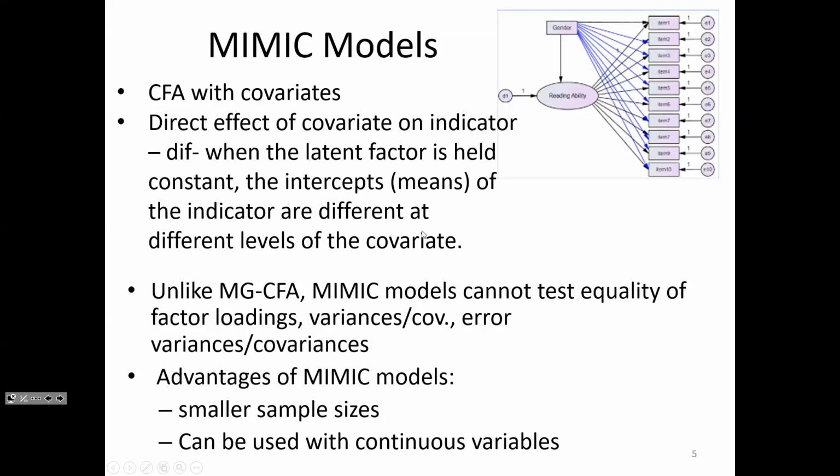If you have a continuous variable, then you have to weigh the pros and cons. Do I slice up my continuous variable into a dichotomous or a trichotomous variable and do multiple groups, in which case I get some interesting stuff, but I'm also losing a lot of information about the continuity of the variable? Or do I use my SES variable in a mimic model, where I'm going to have to assume that the loadings are equal? If it's continuous, of course, I can't really test equality of loadings, so again, there are pros and cons to these approaches.